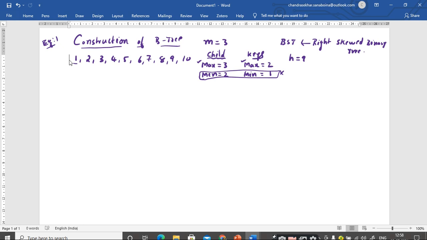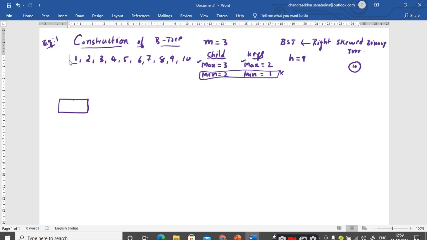1, sir. In general, the pictorial representation of a node of any tree is a circle, and we give the key inside it. But here it can have a maximum of 2 keys inside a node, so it is better we represent it with a rectangle. As I told you, this pictorial representation is just for our understanding.